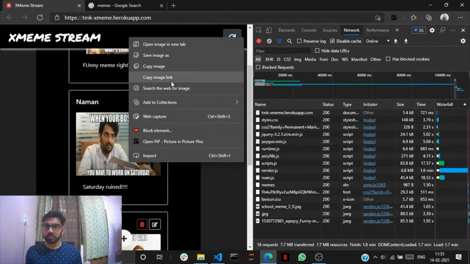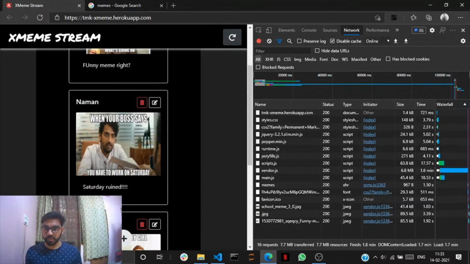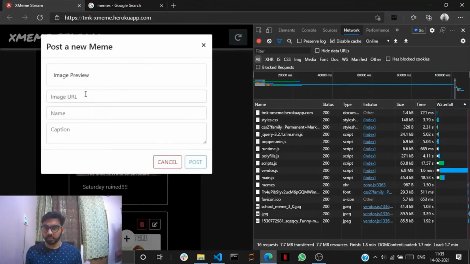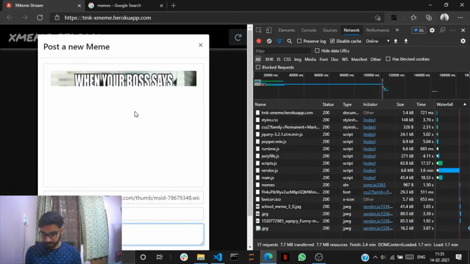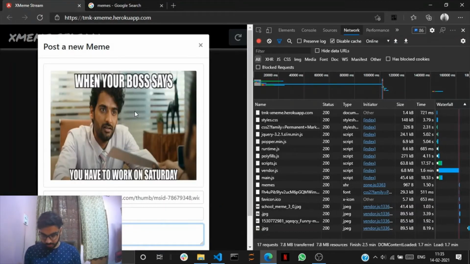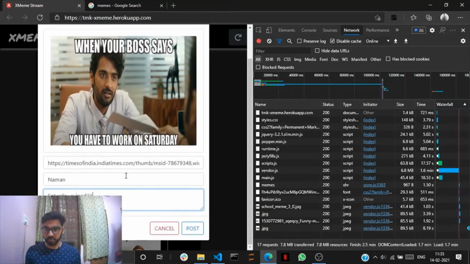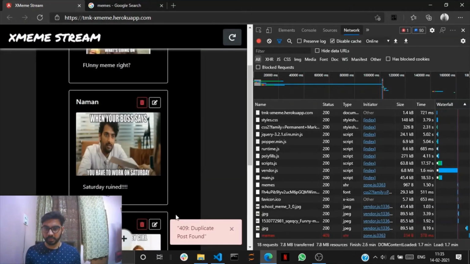So let's copy the image link, go over here, type in the same name, the same caption, and post. We can see it's a 409 duplicate post found error.